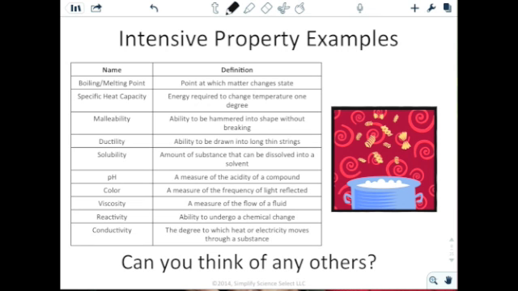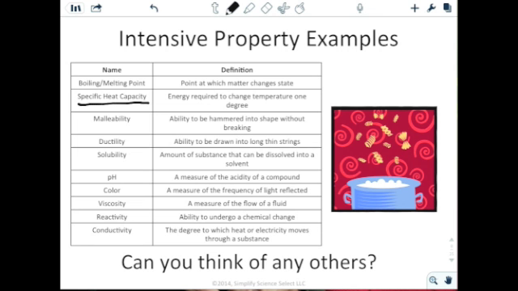Some other ones that we have: specific heat capacity. We'll talk about this a lot more when we talk about thermodynamics. That's the energy required to change temperature 1 degree. Malleability, so how malleable something is. Gold will have the same malleability, the ability to hammer into shape without breaking, meaning making it a very thin sheet, no matter how much gold you have. Ductility is the same thing, except you can draw it out into